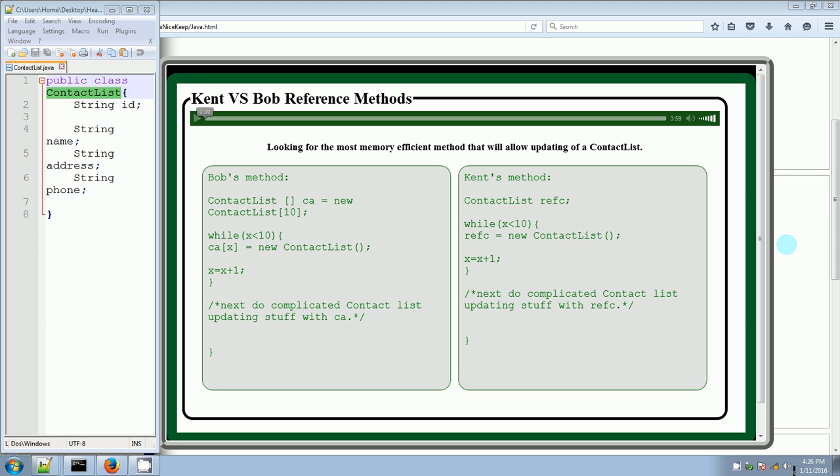I want to show the whole code that I created for Bob's method and the whole code that I created for Kent's method, and show you how even though you can create a different contact name through each loop, like for instance, if x is equal to 0, then ref_c.name equals this, ref_c.address equals this, ref_c.id equals this, ref_c.phone equals this. Even though I can create it in the while loop,